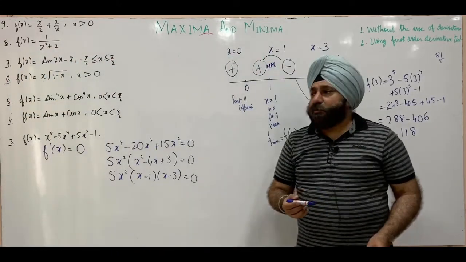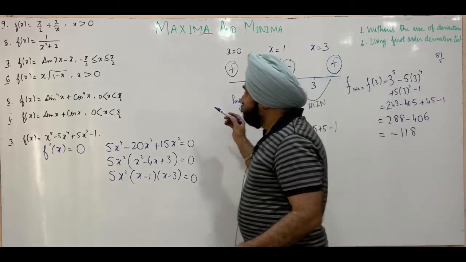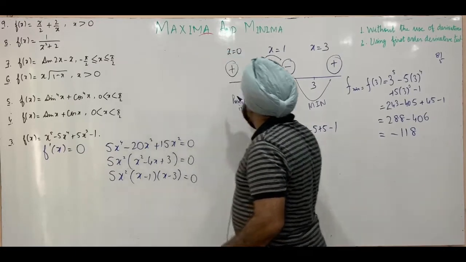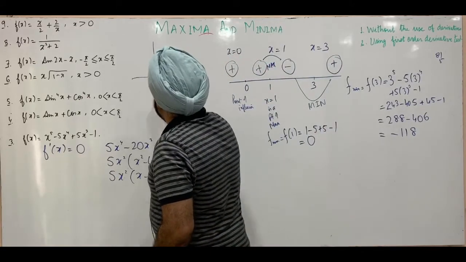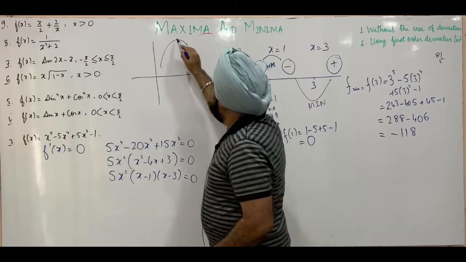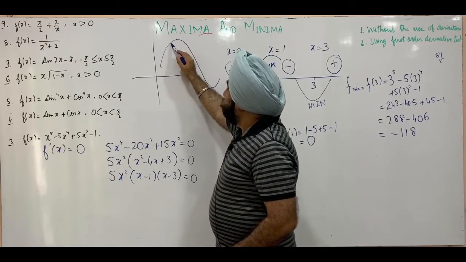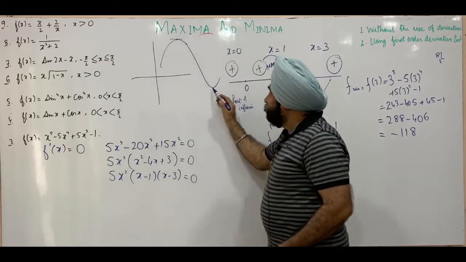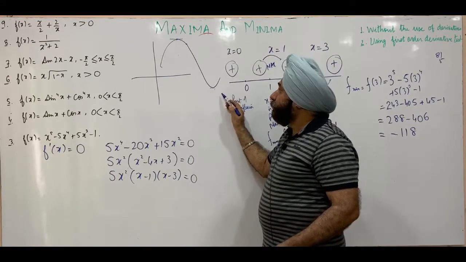So this is the minimum value of the function. Okay, so you must have understood that local maxima and minima means that immediately to the left of this, we have a point of maxima, this is a point of minima. So this is a point of local maxima. In the immediate neighborhood there is no point which is higher than this. Similarly, there is no point lower than this in the immediate neighborhood.